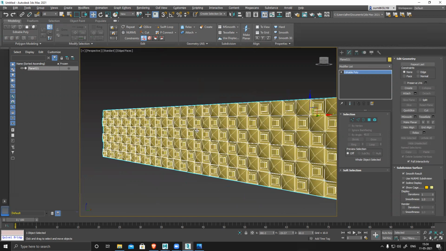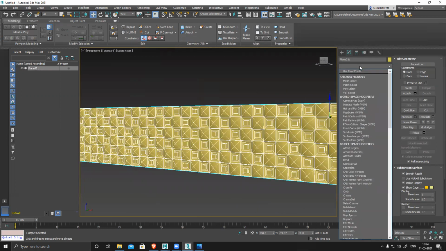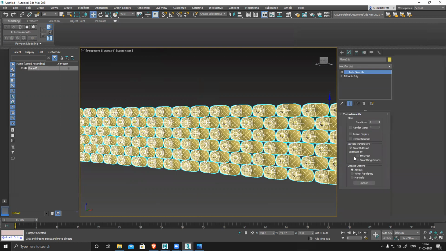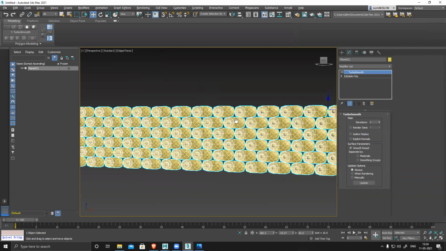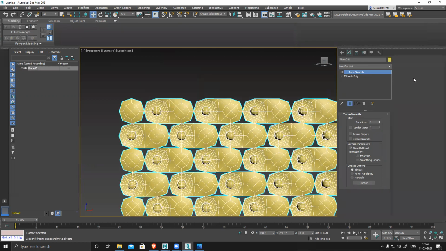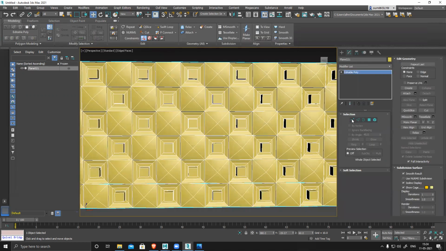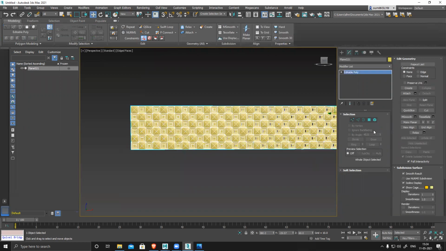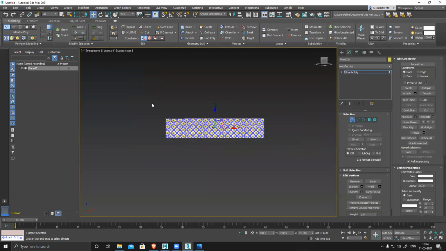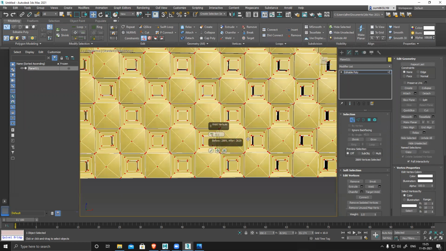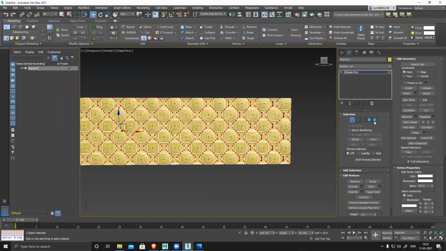Ready, perspective. So if you see, if I apply a turbo smooth on this, it will become round, but it's not welded together. Nothing is welded together. So what I have to do is go to vertex mode, select everything, and there is something called weld. Click on this setting and zoom in. You can see it's saying before 2089 and after 2029. So click this, it will weld all of them together.